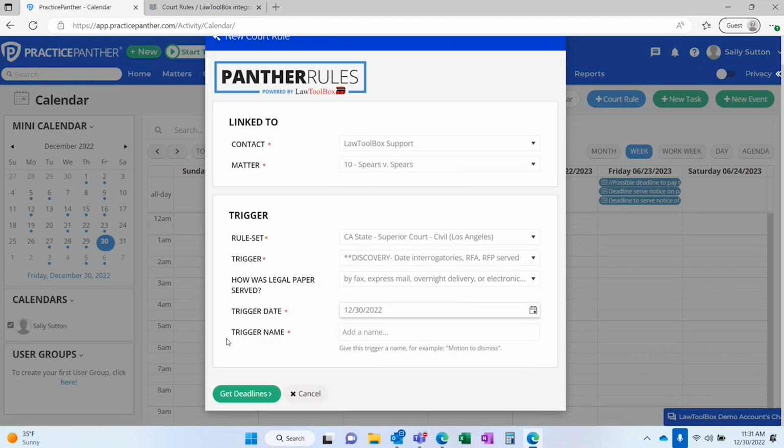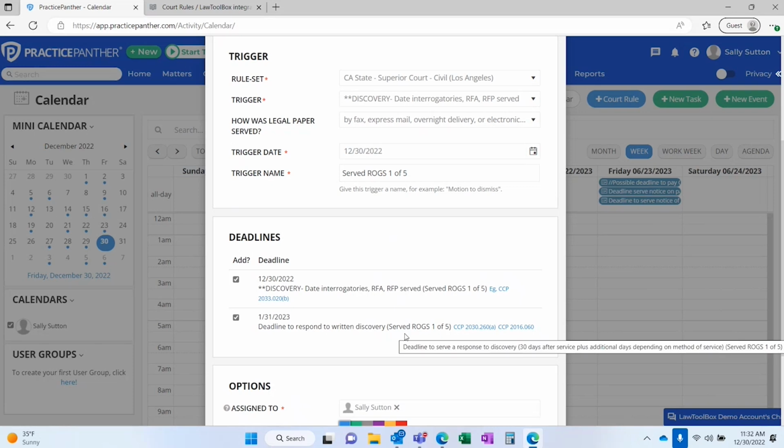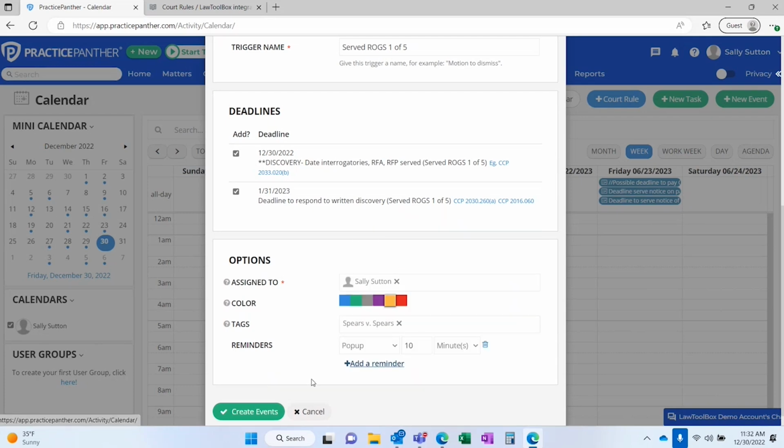You'll also notice there's a trigger name option here. This is to add any description to your discovery trigger. For example, served frogs 1 of 5. When I click on Get Deadlines here, that description is not only added to the triggering deadline, but also to all deadlines calendared off of this trigger. Next time you calendar, you can say served rogs 2 of 5 and determine how many discoveries have been served for this matter. Go down and we can click our options, add our tags, add any reminders we would like,